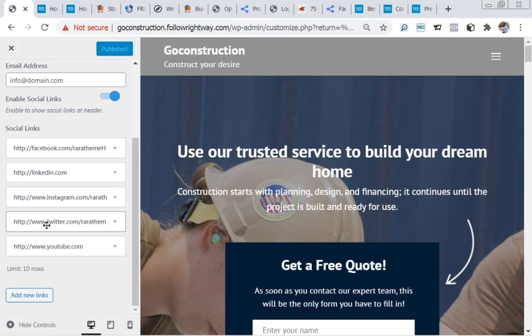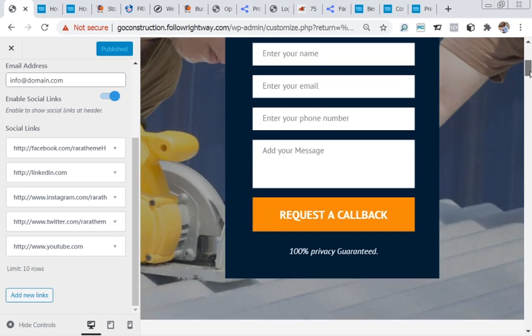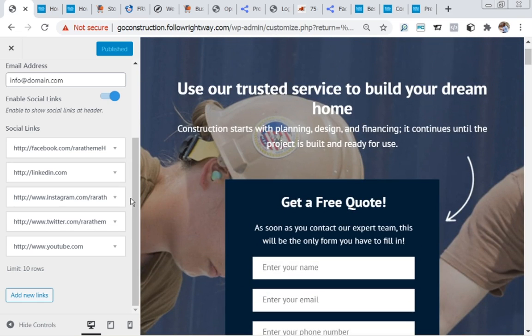place to insert your social links. Okay, so don't forget to insert that if you like. And if you want to add new, you can add another new link. Okay, so when you are through, click on publish, and